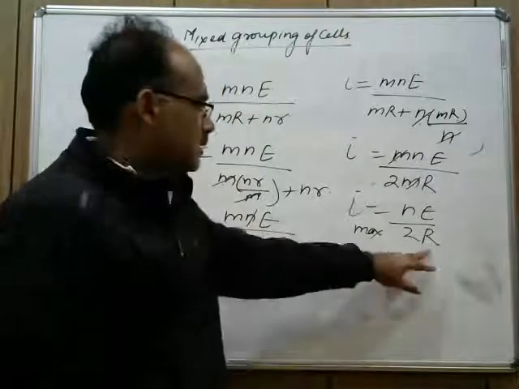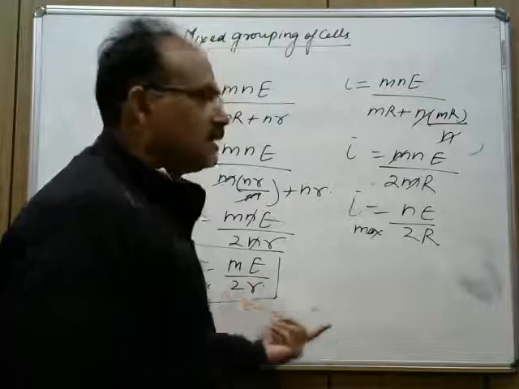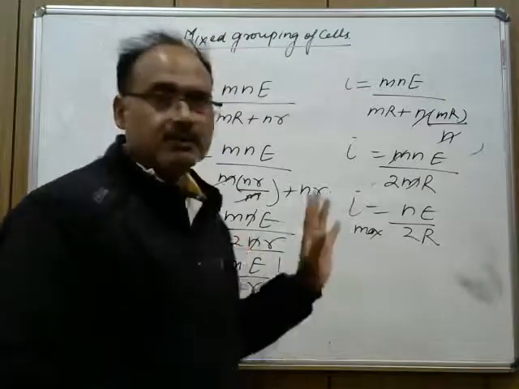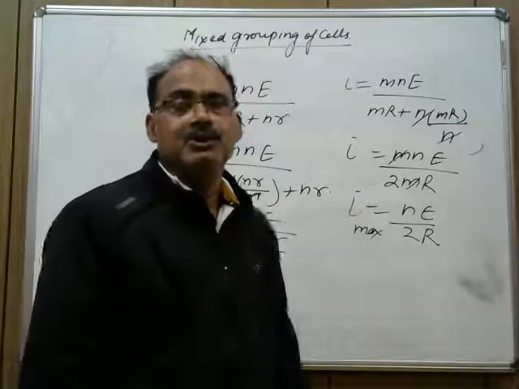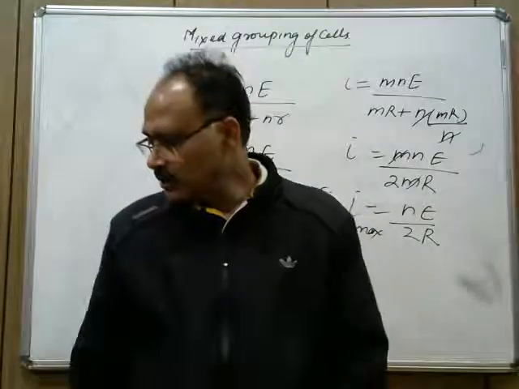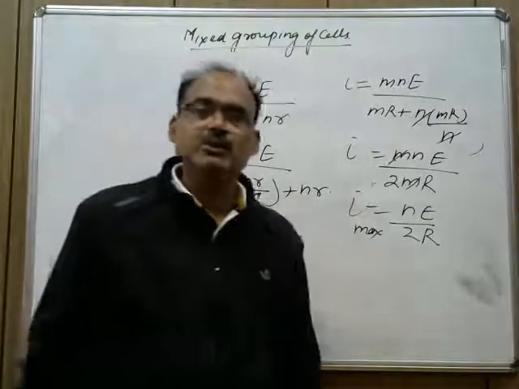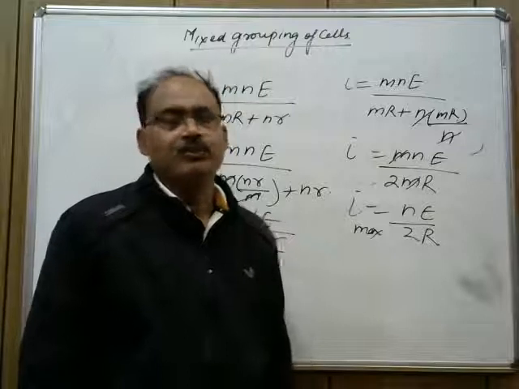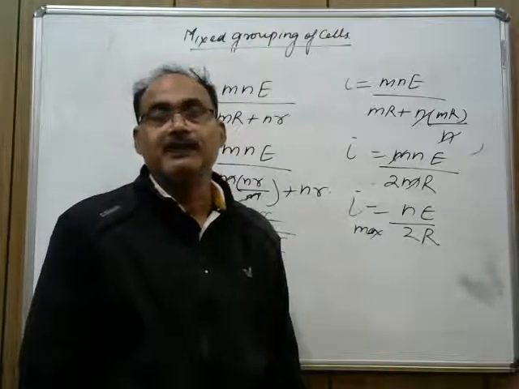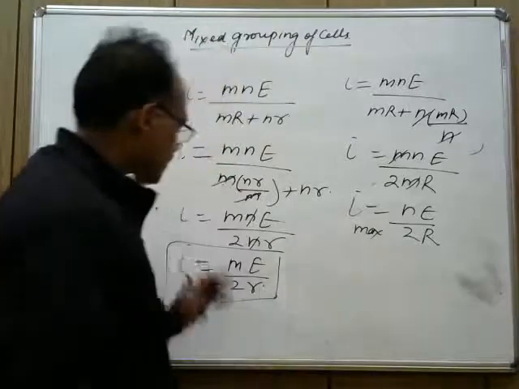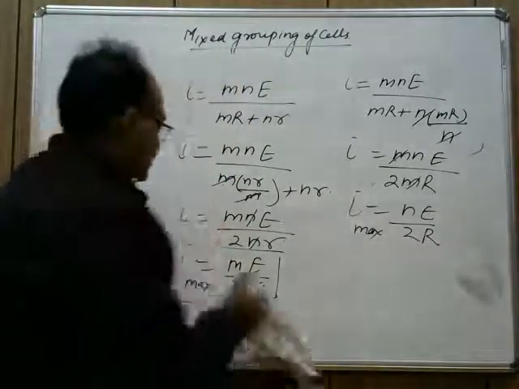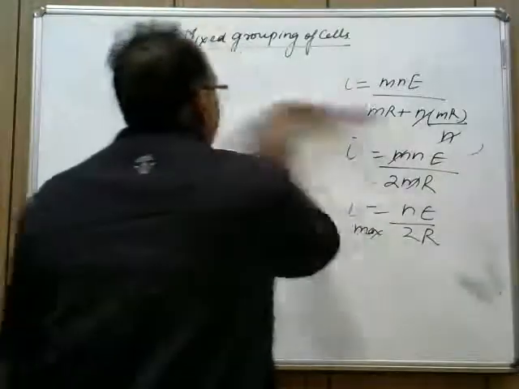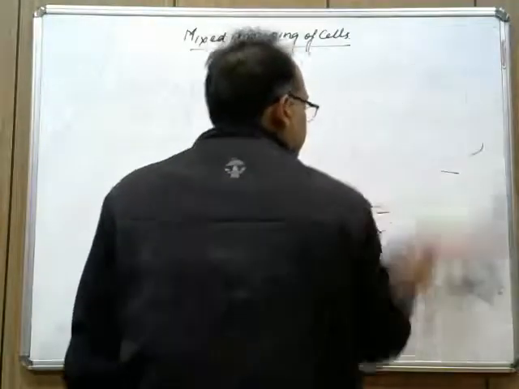तो अब ये external resistance के टर्म में आ गया, ये internal resistance के टर्म में आ गया, and that is the value of maximum current which is to be obtained. So this was all about the combination of cells. Now you should practice the questions related to the combination of cells. Now in this module we will be taking our next topic as heating effect of electric current. So I think all of you must have understood this. We should move on to the next topic, that is heating effect of electric current.